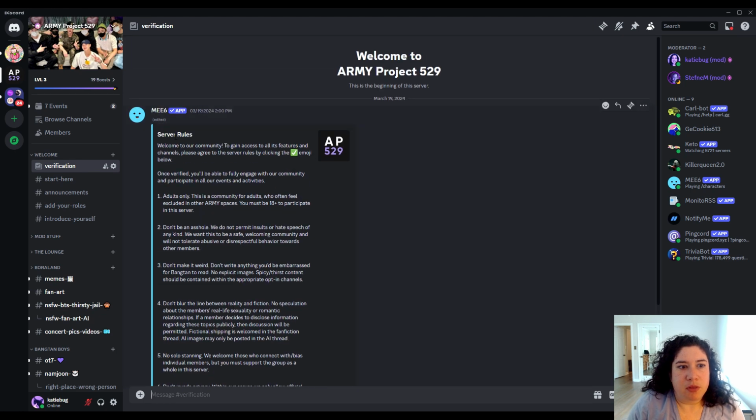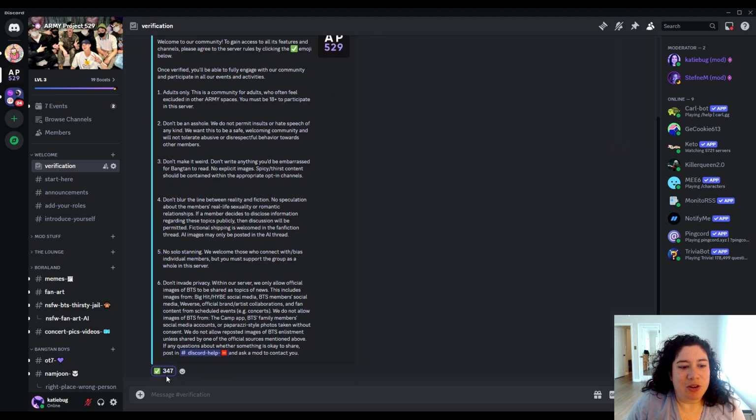So when you first join the server, you're going to get put on this page called verification. These are the server rules. You're going to be held to them whether you read them or not. So we encourage you to read them. And you need to click this green checkbox. Until you click that green checkbox, you're not going to be able to see hardly any channels over here. And that's intentional. We do not want you to be able to post in the server until you acknowledge that